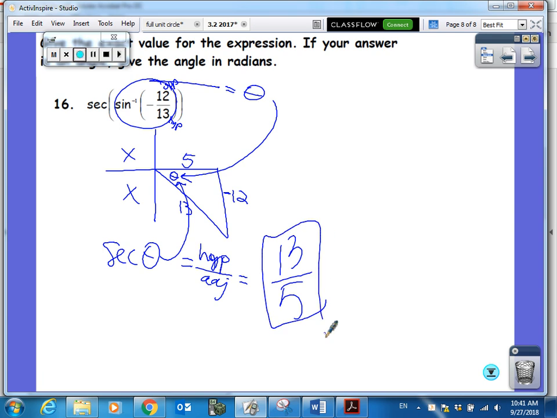Now, what if I change this word to cosine? What would that change? 5 over 12. Could I have made it tangent? -12 over 5. I could have made it cotangent. -5 over 12. Okay, so I could have made it sine. If I made it sine, -12 over 13, they kind of cancel. Sine and inverse sine cancel each other, so it would just be what it is. Okay? All right, so that is the